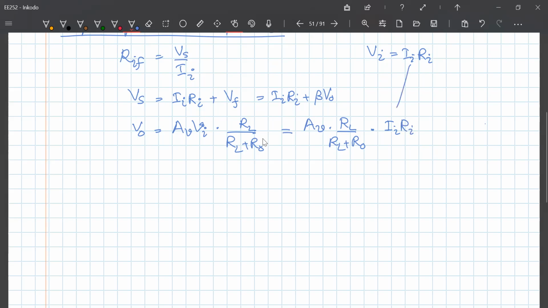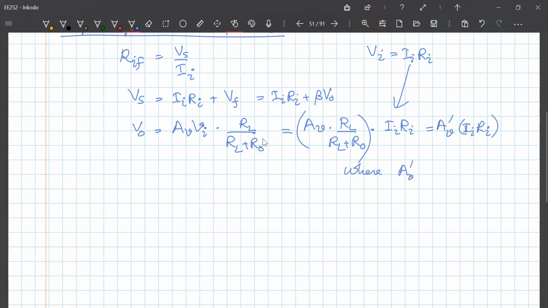Okay, so from here, let me call this whole quantity Av dash times Ii Ri, where